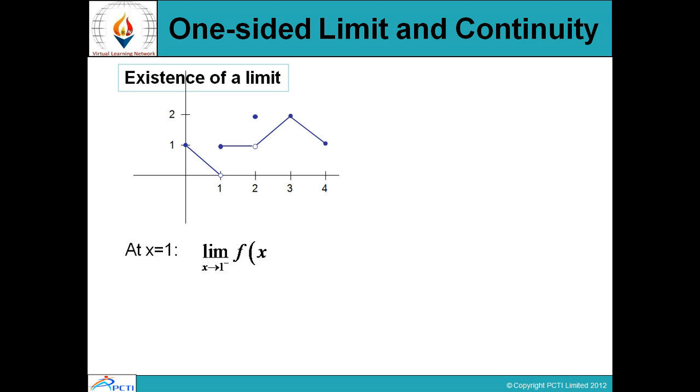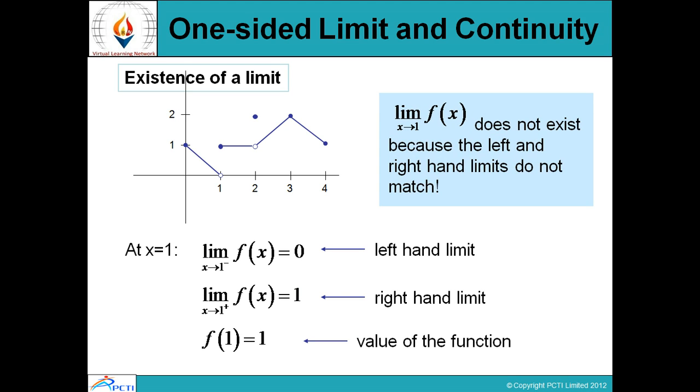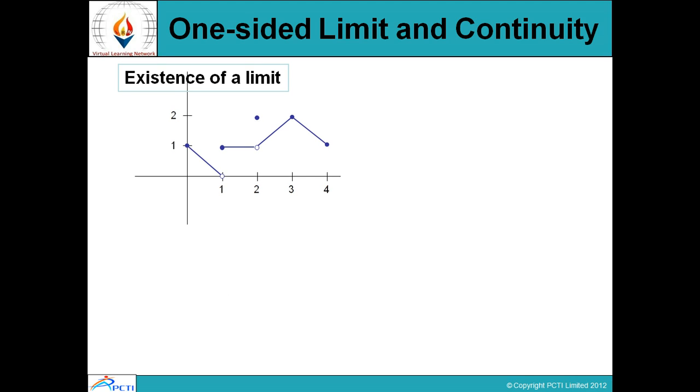Existence of a limit, like in the figures: limit x tends to 1 from the left of f(x) equals 0, the left-hand limit; limit x tends to 1 from the right of f(x) equals 1, the right-hand limit; and f(1) equals 1, the value of the function. So limit x tends to 1 of f(x) does not exist